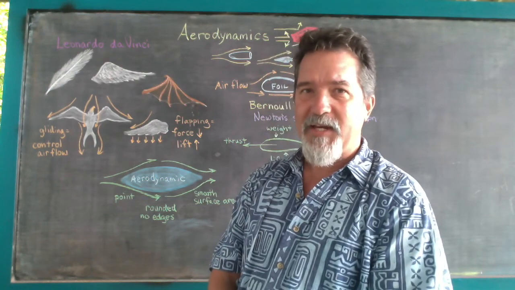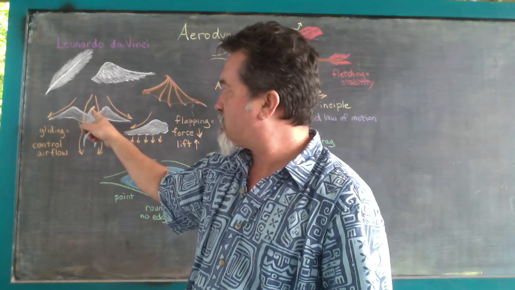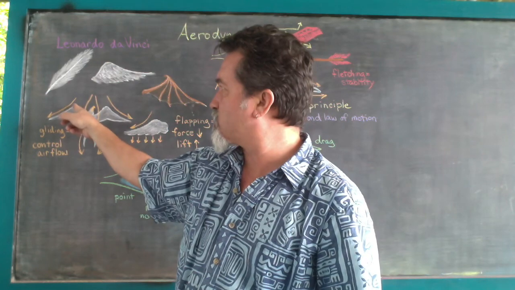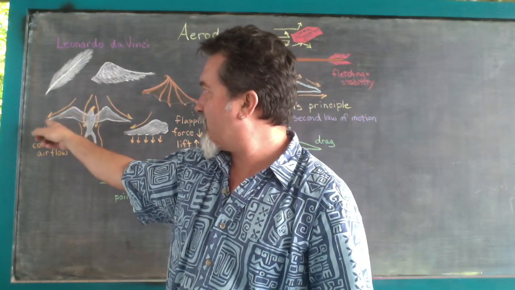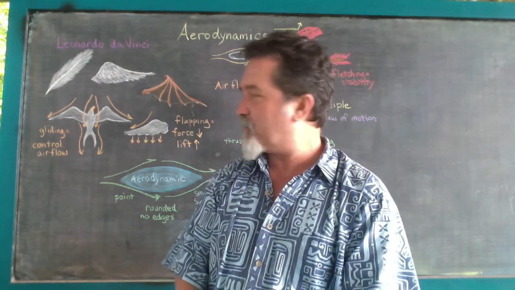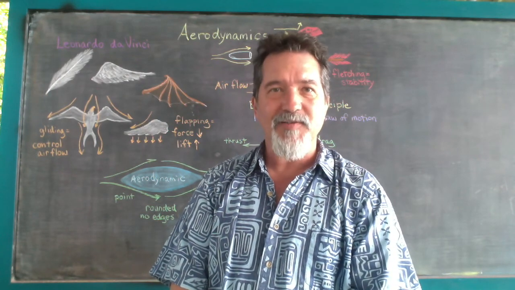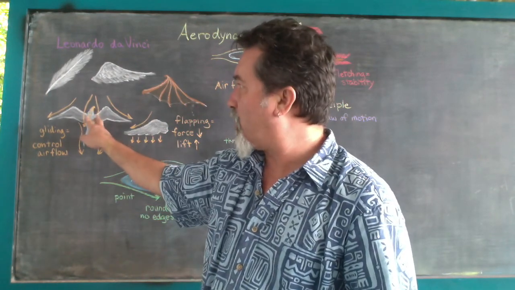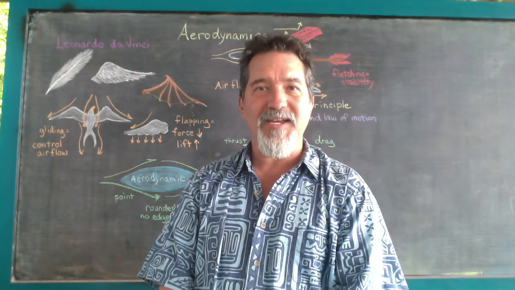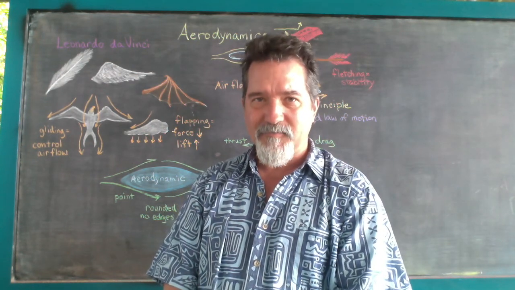And so when we look at an Iwa bird, we see that the way that the bird's wings are structured are once again a very strong shoulder moving up. The bones that come off of the shoulder are going out to a point. And in the case of the Iwa bird, it tapers out to a fairly pointy sort of end of the wing. The other thing that's important to understand in the structure of an Iwa bird that allows its aerodynamics is the way that the body of the bird is shaped, and of course the way that the tail is shaped to help the bird maintain balance and to help it guide itself in different air and wind patterns.